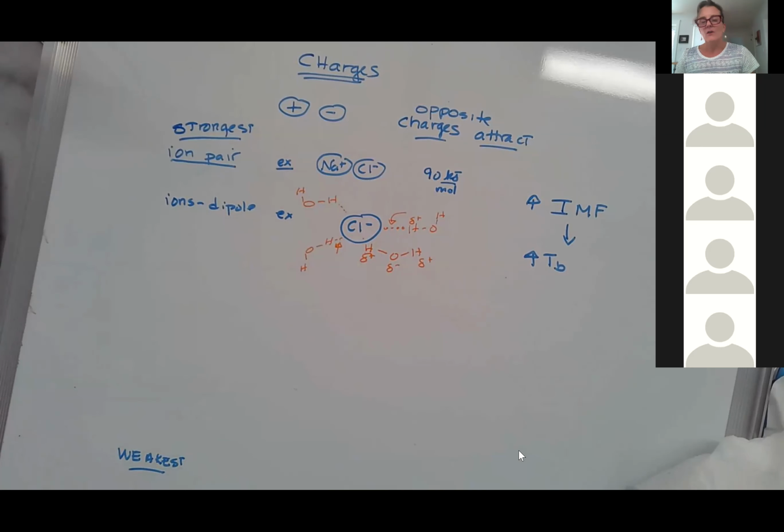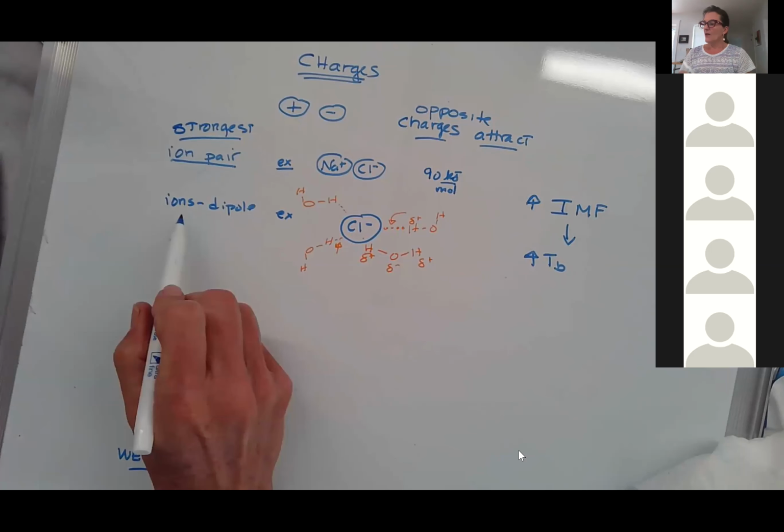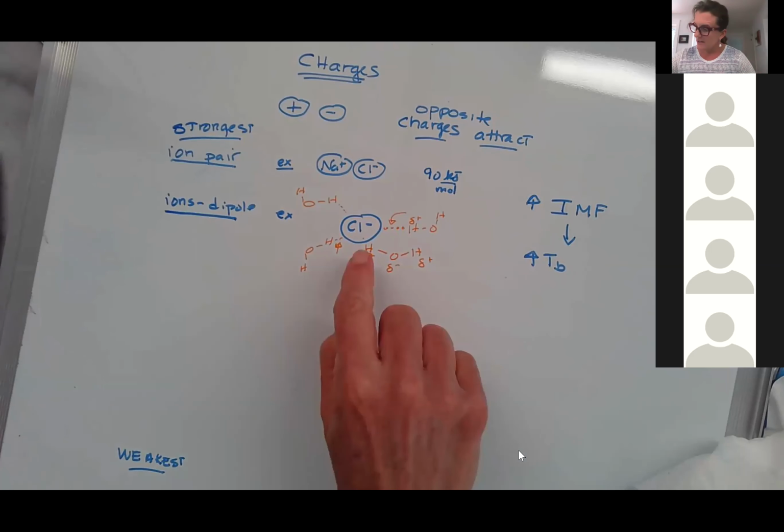Okay, so that question, yeah? Aren't those called hydrogen bonds? No, we're going to talk about, and I'll show you what a hydrogen bond is. That is the next strongest interaction. So those bonds right here between that chloride and the hydrogen, those are called ion dipole bonds. They're not hydrogen bonds, correct? Correct, because I have an ion, and then I have a dipole.